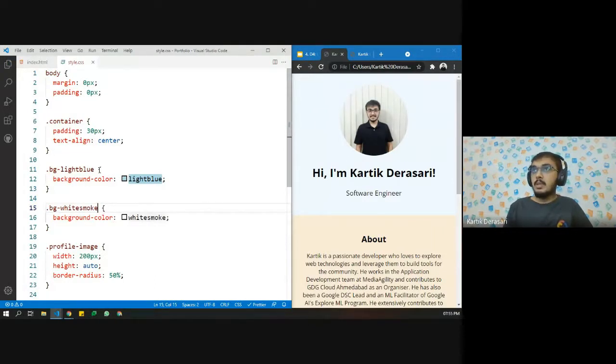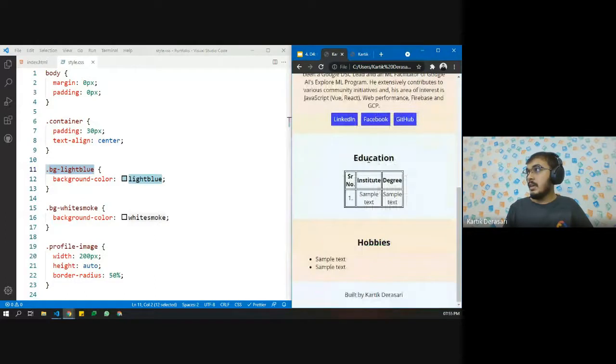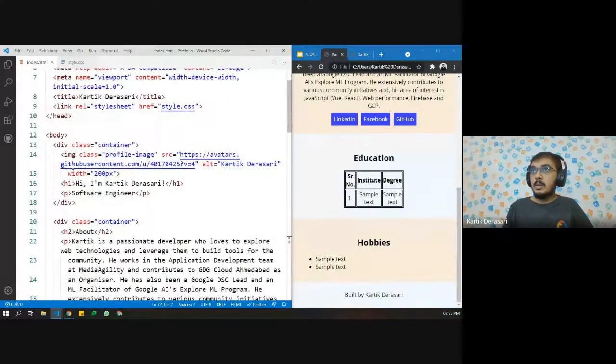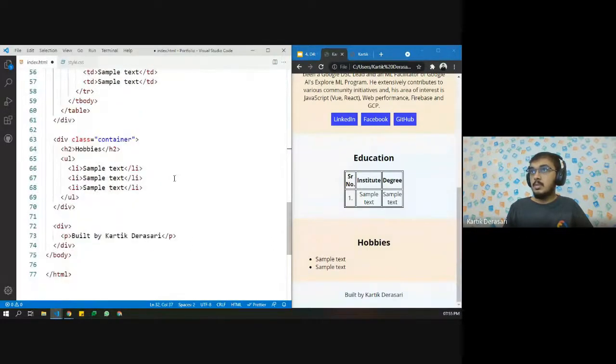Now let us add these classes on the hello part, the education part, and the last part. On the hello part, let us add this. On the education part, let us add the blue color, and on the last part, we also want this color.